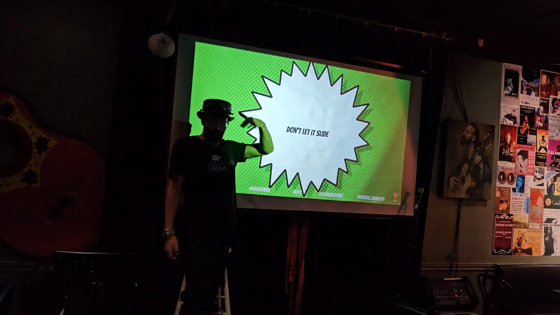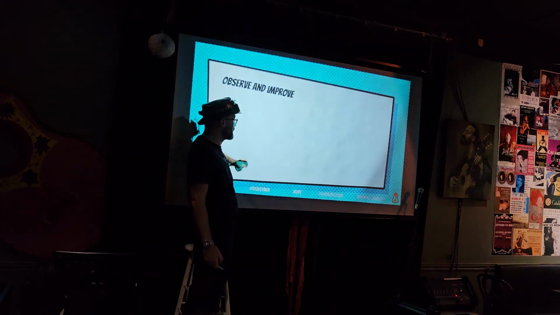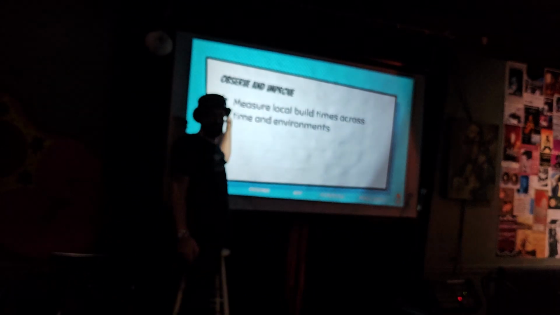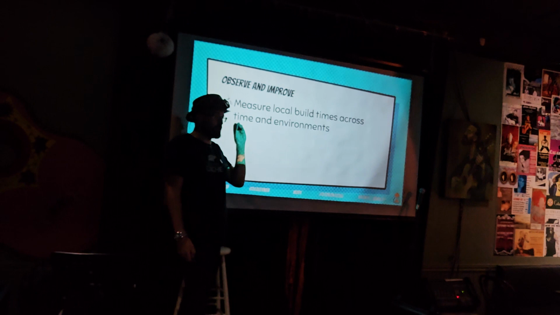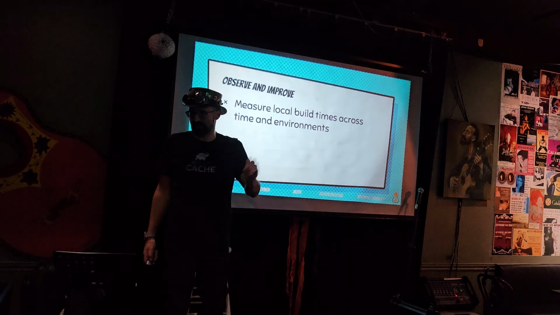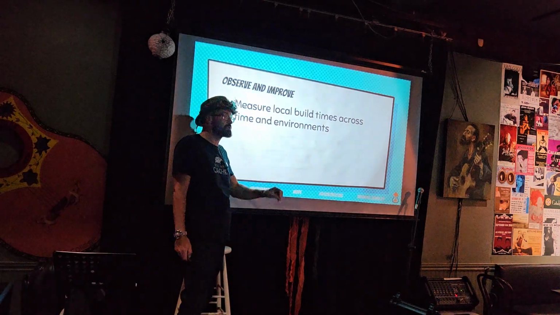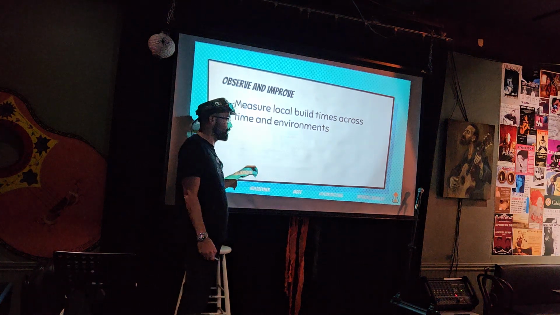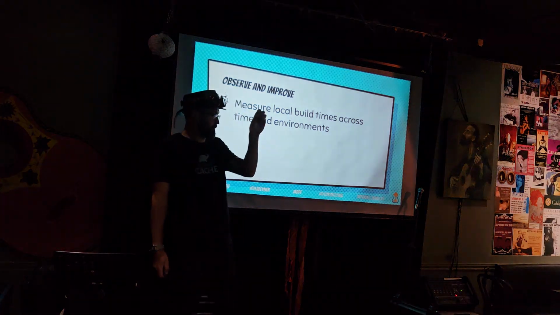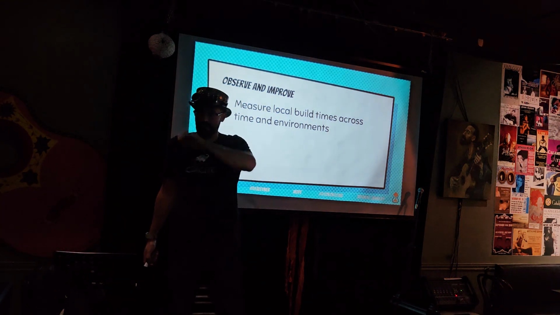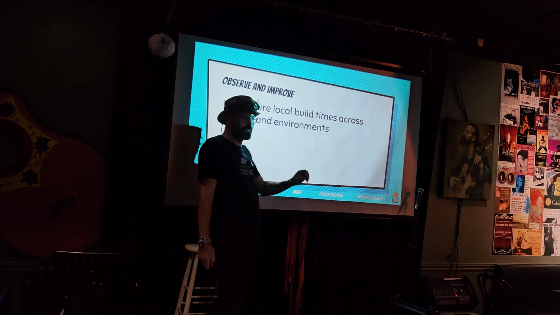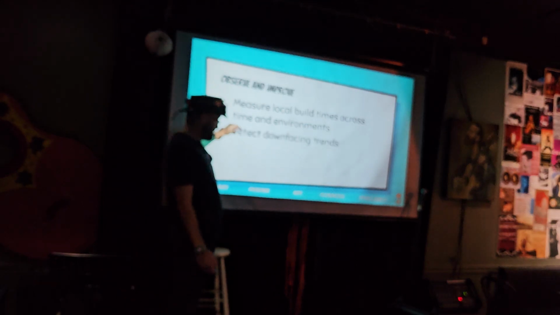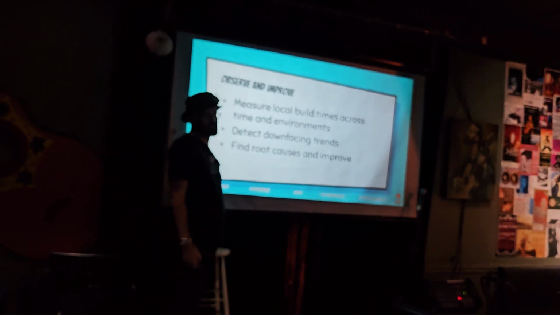And the last part that I mentioned, about everything being slow. Don't let it slide. Observe and improve. Measure local build times. The simplest thing. You just look at how long your build takes and you take notice. You want to put it in Google spreadsheets? Fine. You want to reduce toil and automate everything and throw a small Prometheus agent into it and record it and then show you a nice graph in Grafana? This is very geeky. Do that. But observe and watch. Detect downward trends and then find root causes and improve it.